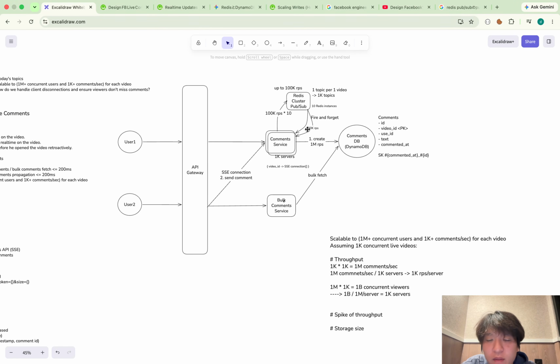Yeah, this time I assume this 100K requests per sec is fine, but if it seems like it doesn't work in the production, of course we can increase the number of instances in the Redis cluster. The good thing is we don't have to do the resharding of the data with this Redis PubSub because data is not persisted in this Redis cluster PubSub.